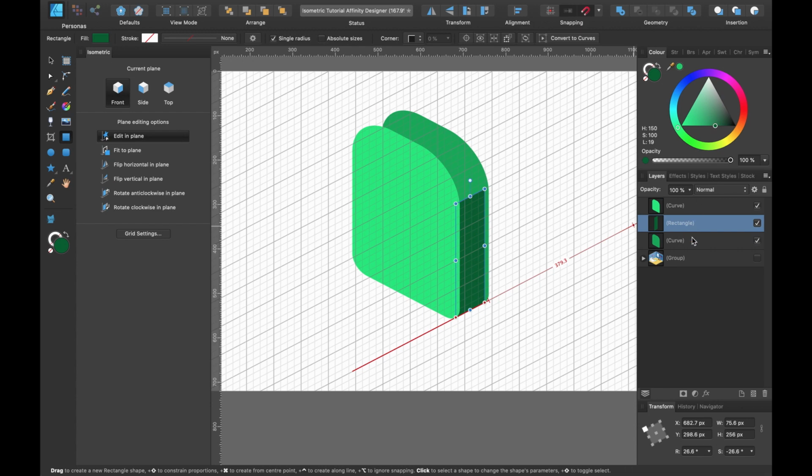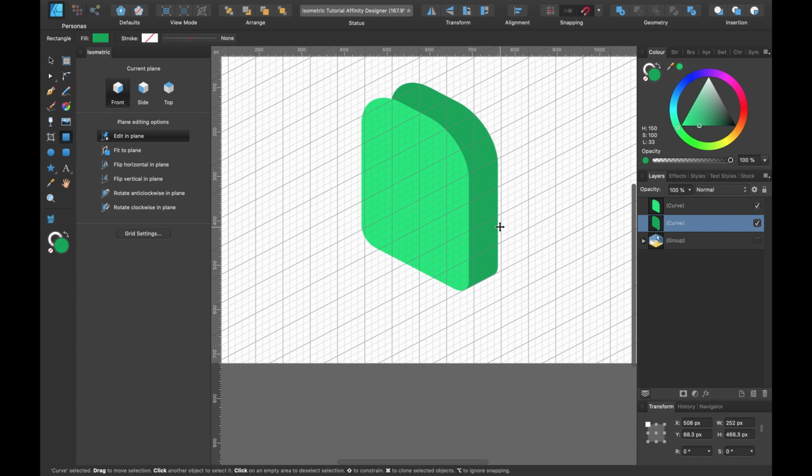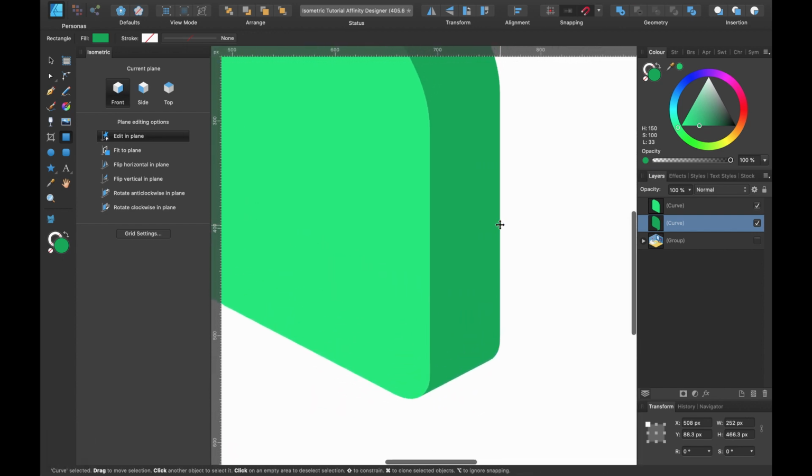And what I'm going to do is I'm going to select both of these layers. So this one, and I'm going to hold shift and I'm going to click on that one. So both of them are selected and I'm going to make them one shape. I'm going to go up to the geometry tools and I'm going to press add. Turn off the grid, you can see that is looking pretty good.